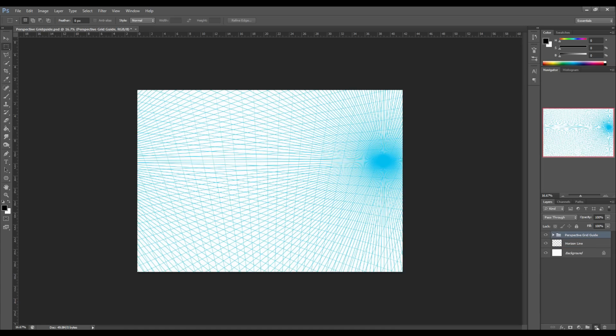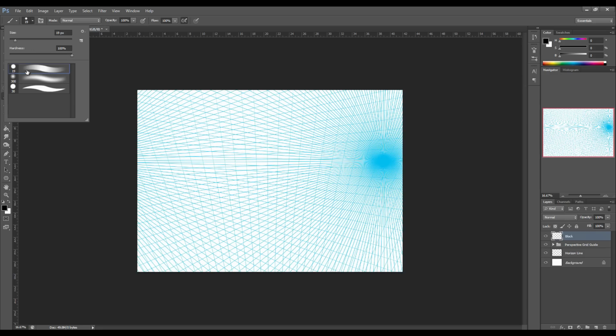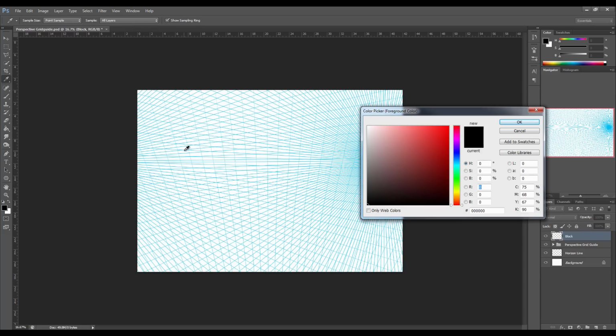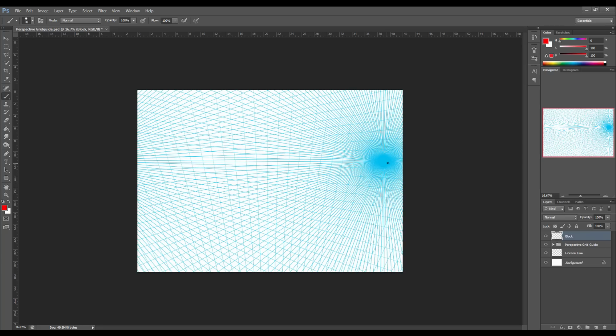Let's go ahead now and create a brand new layer here, and let's just draw a regular block onto this perspective grid guide. Okay, we'll call this block. And now we'll select this brush here. Beautiful. And let's pick a very contrasty looking red here. Now, do you know what? I actually